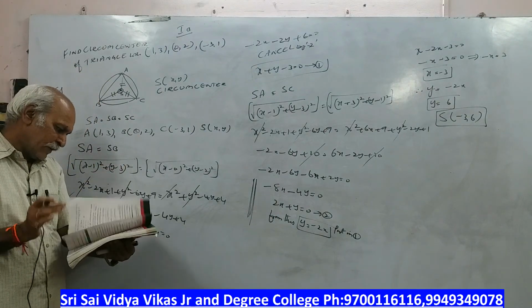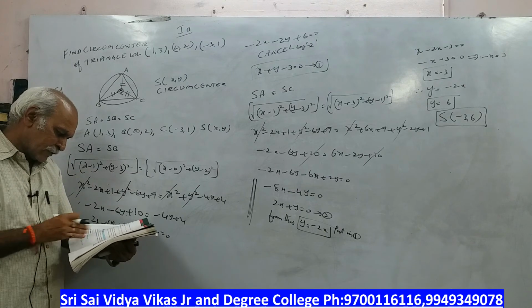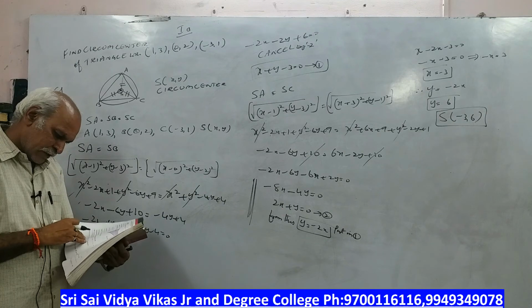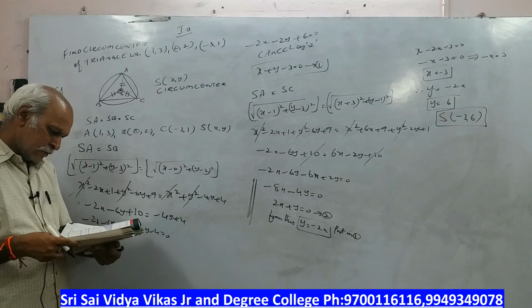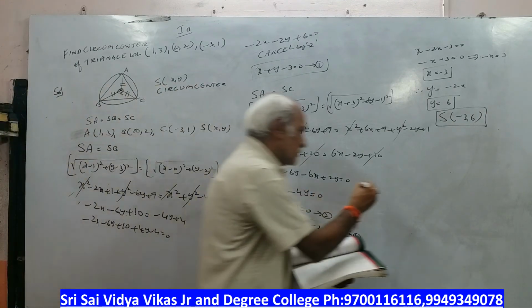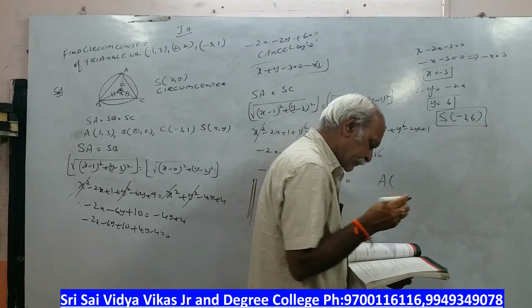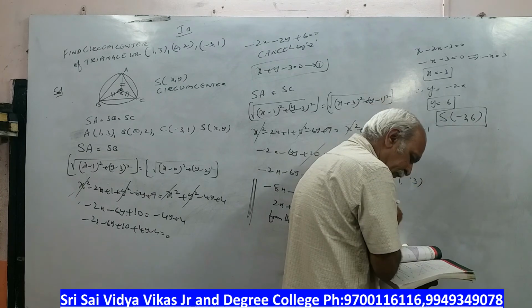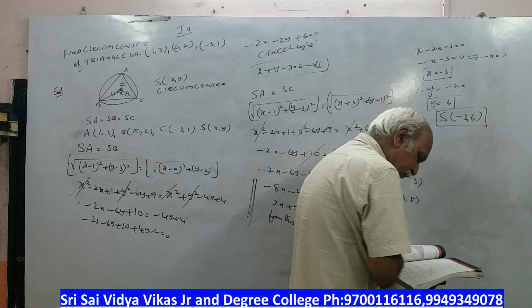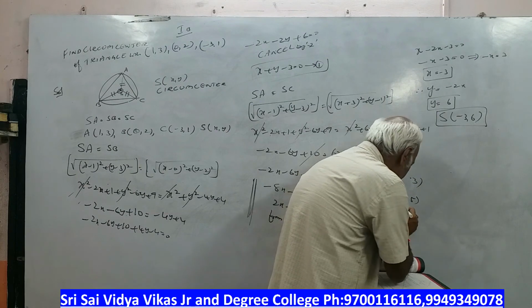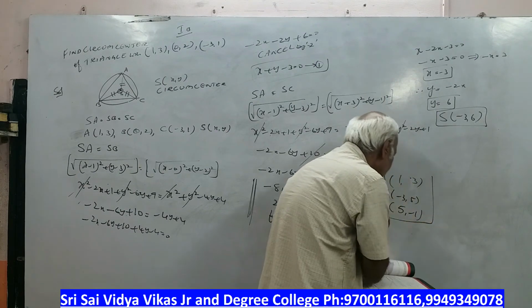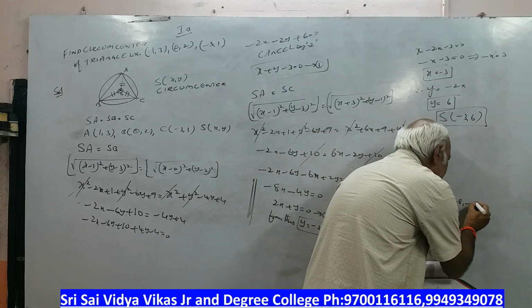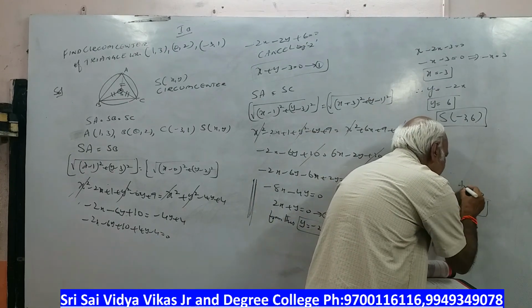I will give you one problem. Please try yourself. I will give you the answer also. Please start doing it, sir. Find the circumcenter. The points are, A point is 1 comma 3, B point is minus 3 comma 5. C point is 5 comma minus 1. I want circumcenter for this. You should get S is what, sir? S's answer is minus 8/10 comma minus 10. This answer you should get.